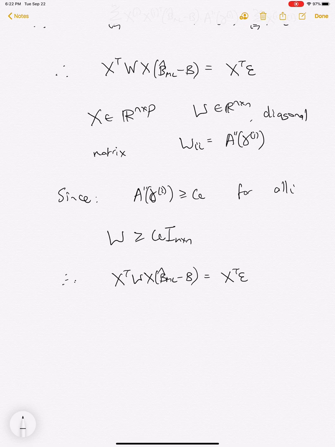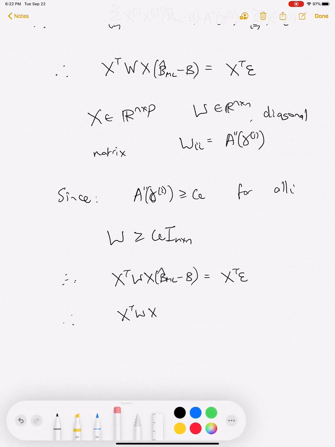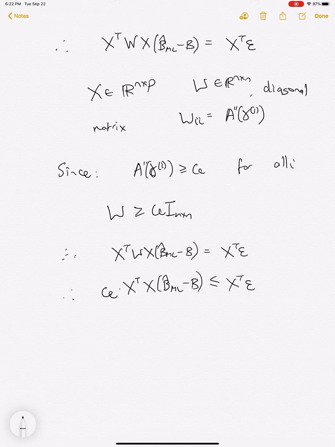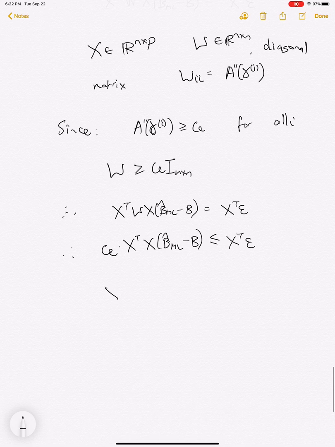So we can kind of argue, I'm not doing this super rigorously, that therefore we have that, okay, so we can kind of remove that W. And again, I'm not being overly rigorous here. Yeah, I just wanted to give you an idea of how this works. So then we can say that